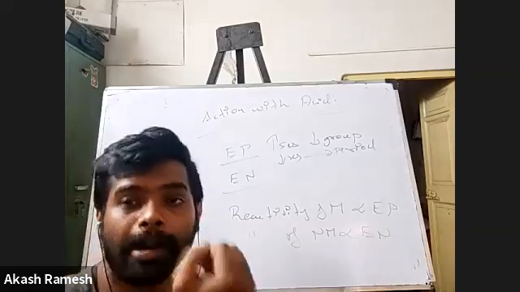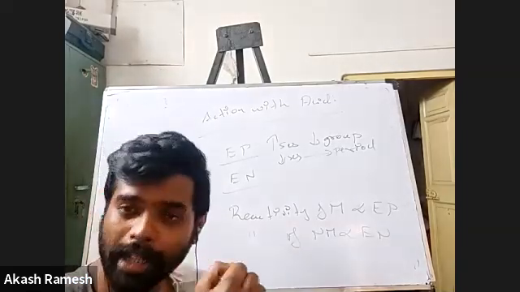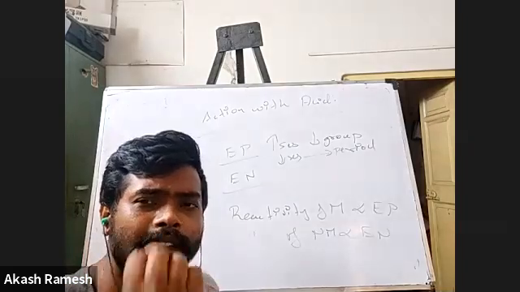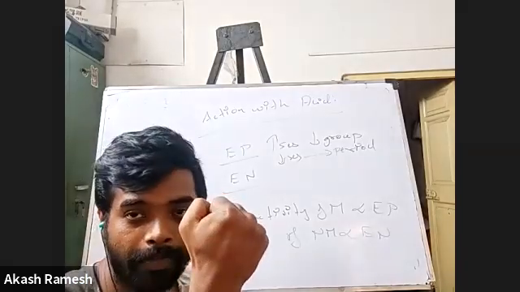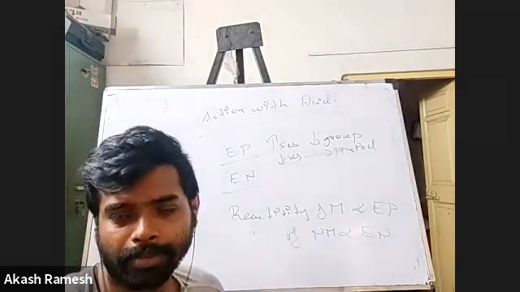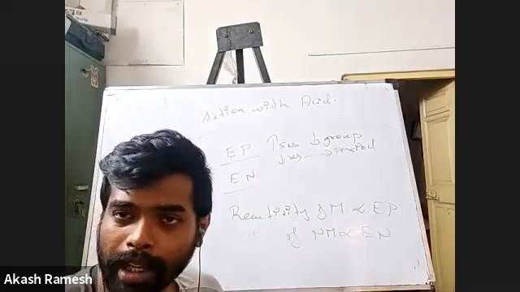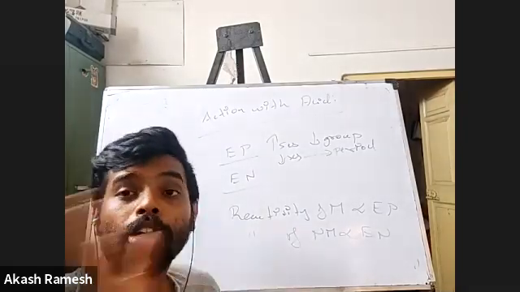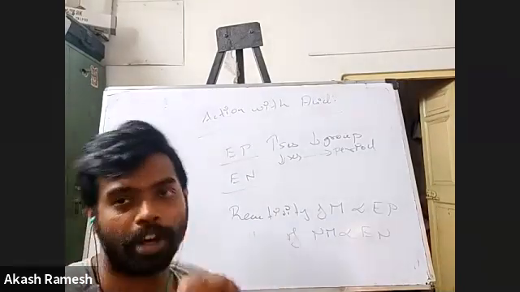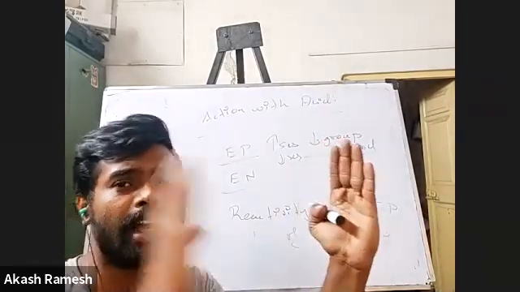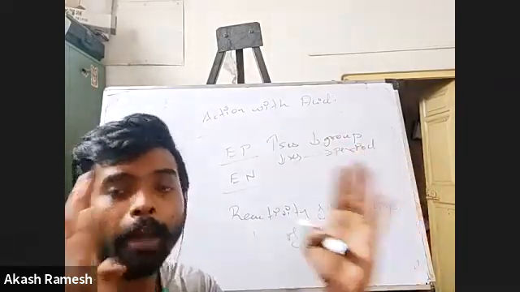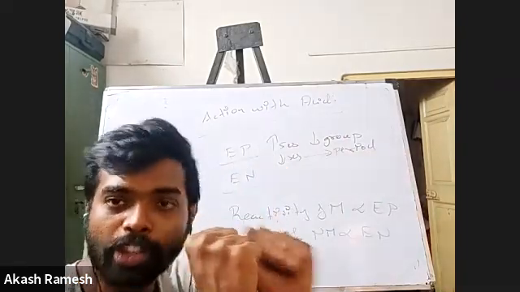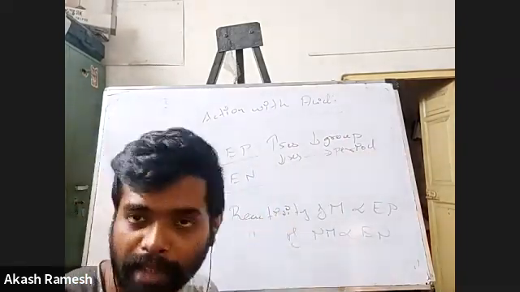So this nucleus and the electron in the valence shell will have some attractive force, right? Now what you have to understand is, if the force is a little less, then I can easily remove the electron. But if the force is very strong, removal of this electron is difficult. Now, how will this force vary? Obviously, it depends on the distance between the nucleus and the electron. If the nucleus and the electron are very far away from each other, the force would be less. But if they are very close to each other, they'll have a very strong interaction. Removal of this electron is difficult.